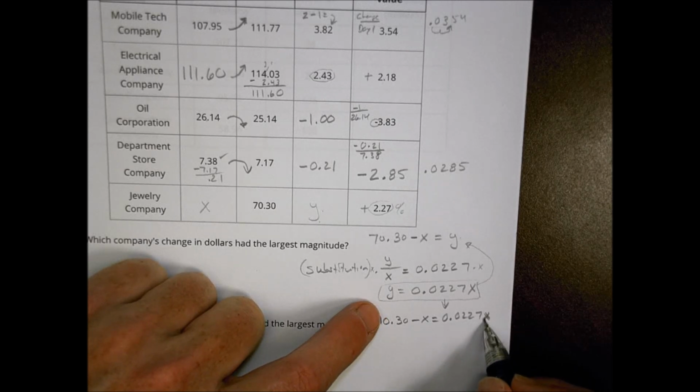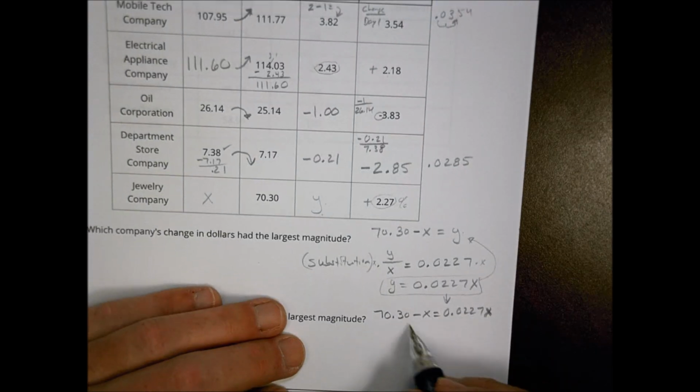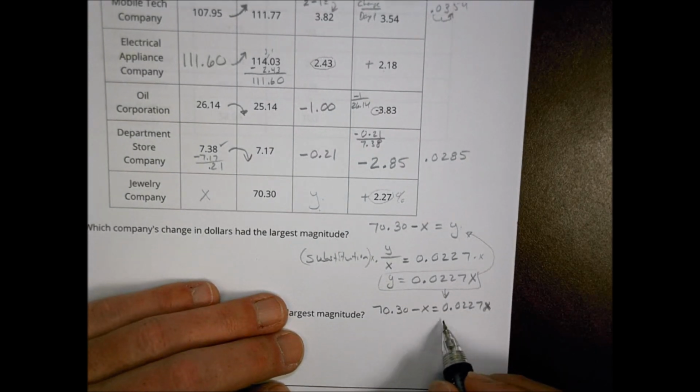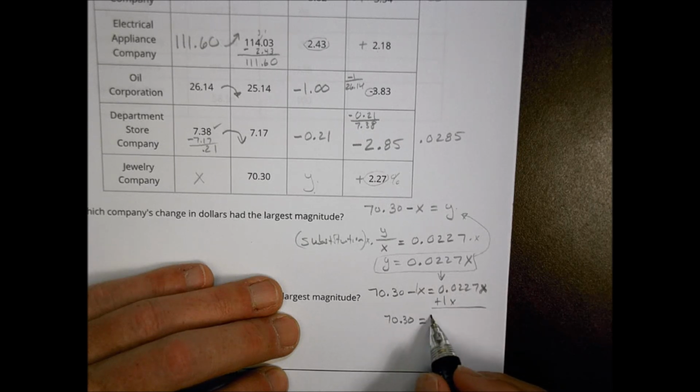0.0227x. So now I have an equation with only one variable, x and x. To move x to the other side, I'm going to add, right? This is like a 1x. So we're going to add 1x over here. So then now I have $70.30 on this side equals 1.0227x on this side. To get the x by itself, I divide both sides by this number, which is